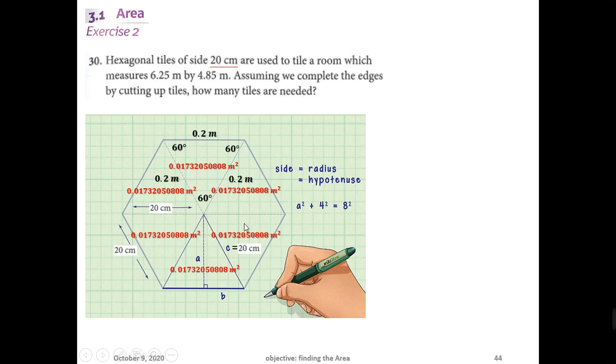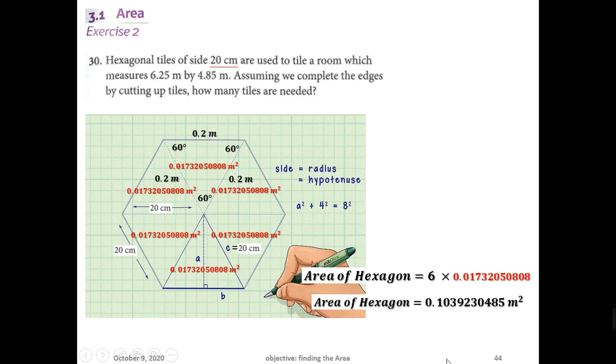1, 2, 3, 4, 5, 6. So the area of the hexagon is 6 times the area of one triangle. Why 6? Because we have 6 triangles and the area of one triangle is 0.0173. So the area of the hexagon is equal to